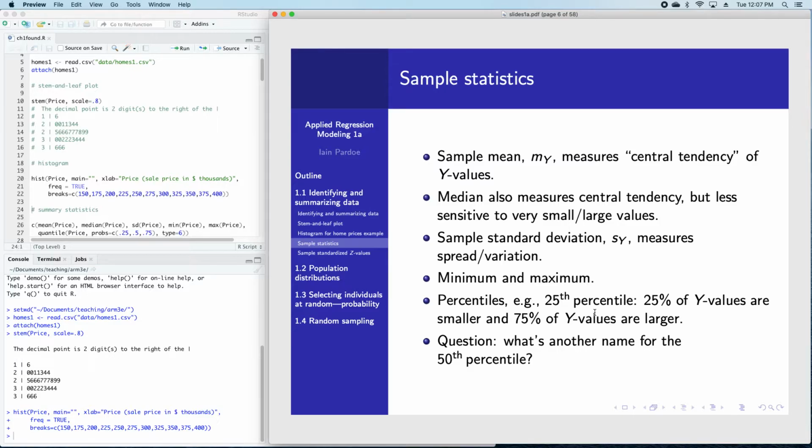And so we can calculate any percentile, so the 25th, the 50th, the 75th, the 99th. If we think about the 50th percentile for a second, that's going to be the number such that half the data values are smaller than that number and half will be larger than that number. So we're just talking about the median there. So another name for the 50th percentile is the median. So going back to R,